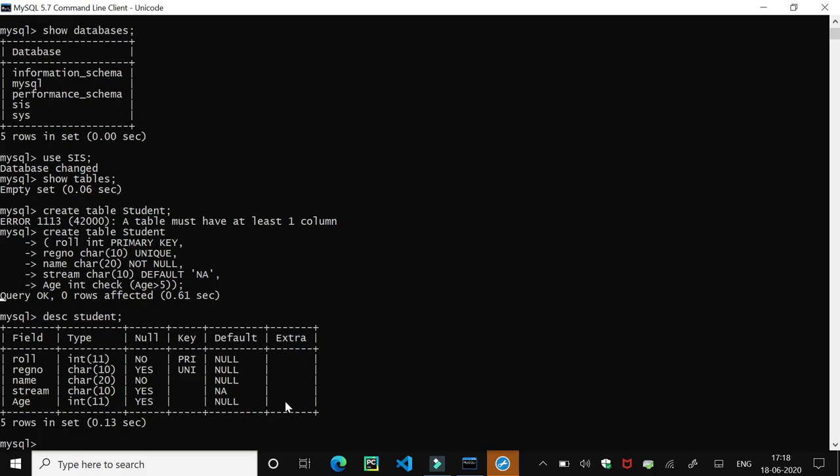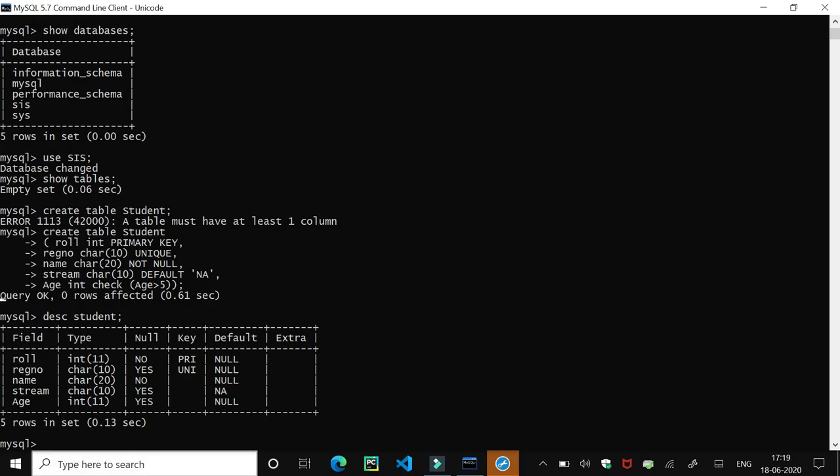Now the last column is the extra column. This extra column will display special information about the column. That is, if a column was created with the auto increment option, the value will be auto incremented. It's not in your syllabus, so we will leave this topic.